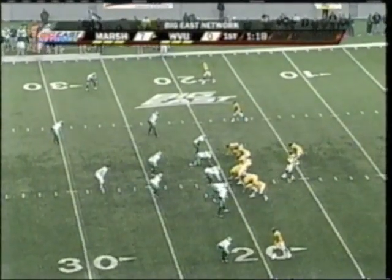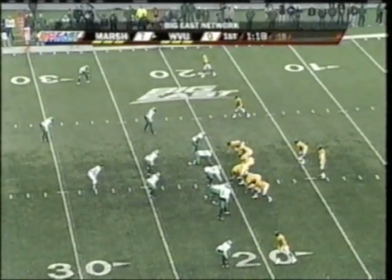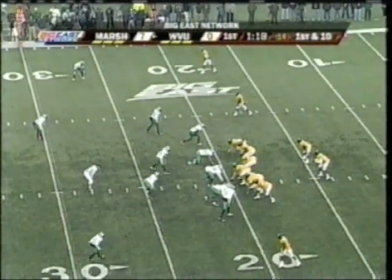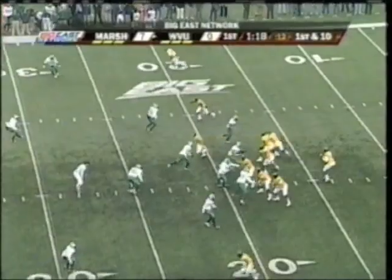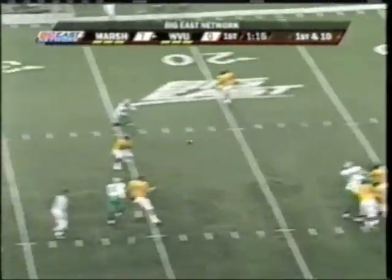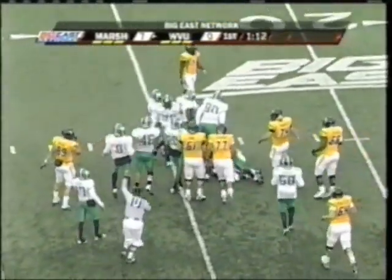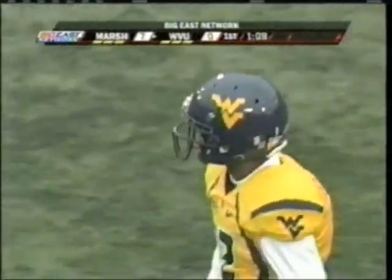Geno Smith is the quarterback, working out of the shotgun. Mountaineers trying to get something going. Standing alongside Noel Devine. Devine into the pass pattern. And they look right up the middle. Making the catch is Jock Sanders. He's at the 25, maybe the 26-yard line. Harvey wrapped him up